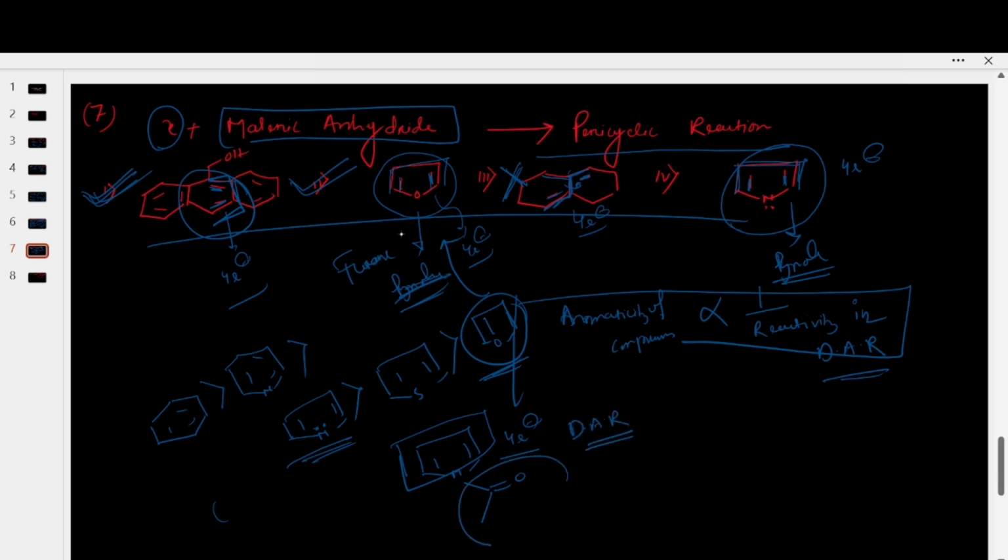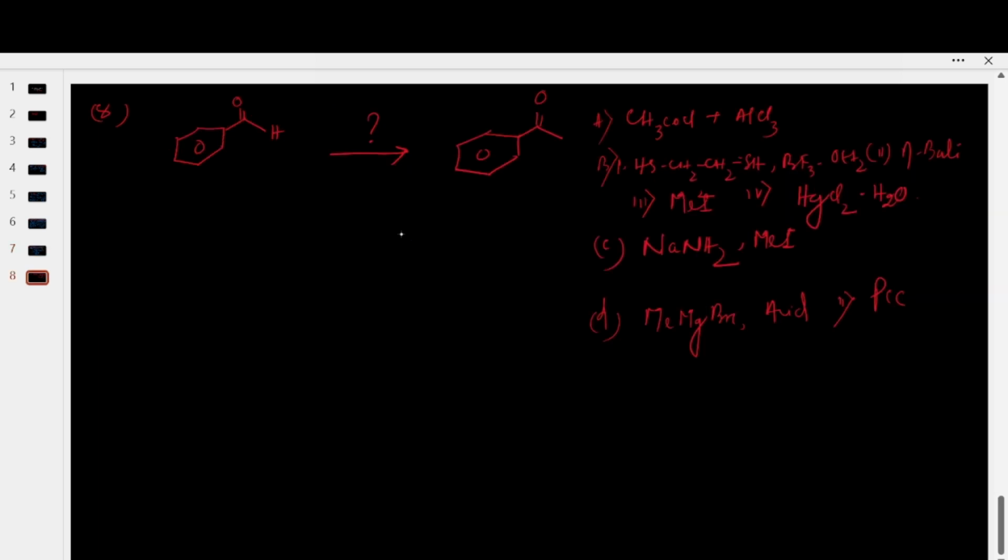With the presence of this group, the pyrrole ring becomes less aromatic. So options 1 and 2 are the right answer for that question. So next, move to the next question. Okay, it is also a chemical transformation. We have to convert an aldehyde to a ketone. So out of 4,